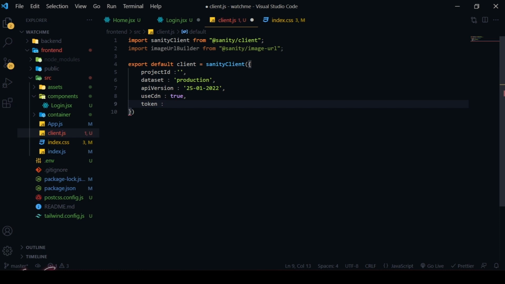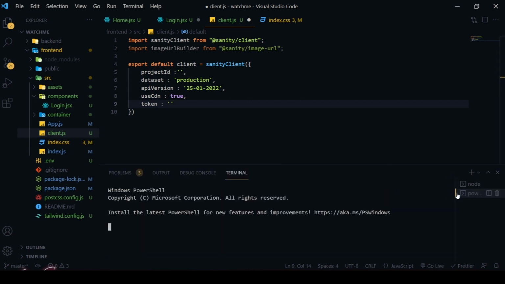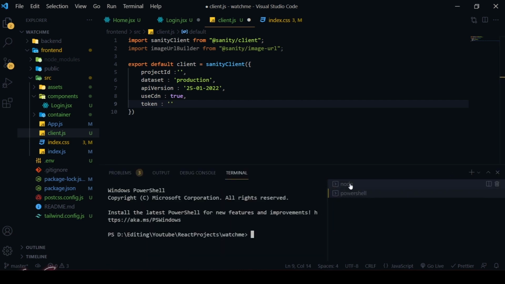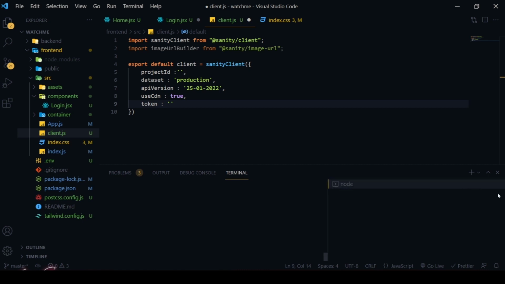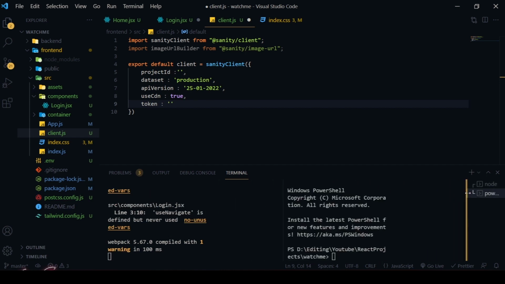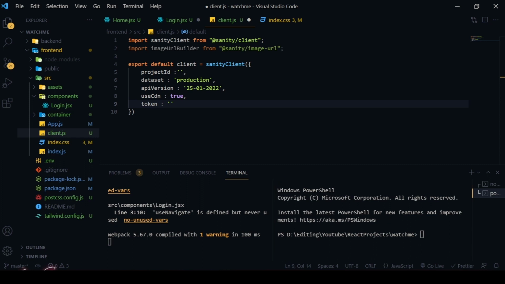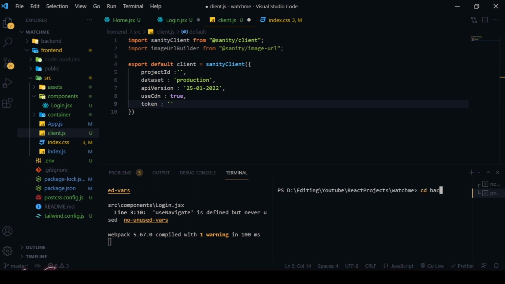So let's go on and get our Sanity project ID and token. So open up your terminal and create a new terminal. Let me split this. So that will create a new terminal over here. So now let me keep it side by side like this. So this is our front end, and now let me go to the backend, cls, cd backend,